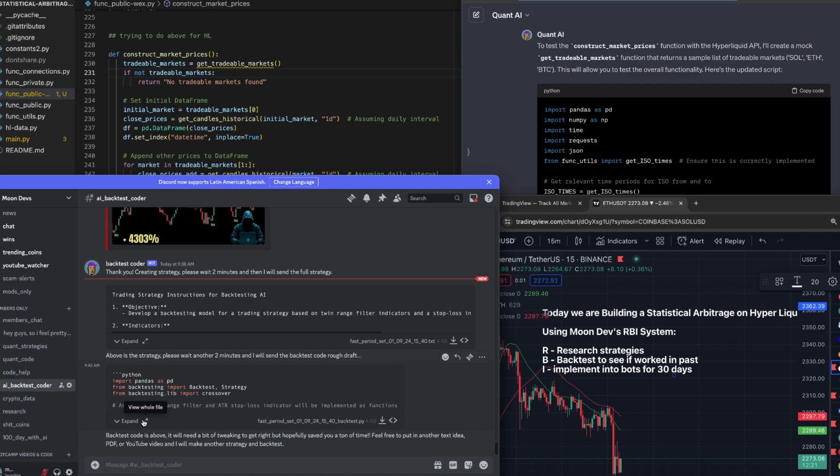Let's go through the get candles historical function and ensure the data is structured correctly. Verify the candles data return format. Check JSON. Here's a revised version of the function with added print statements for debugging. Perfect. You can see this AI just outputted the strategy based